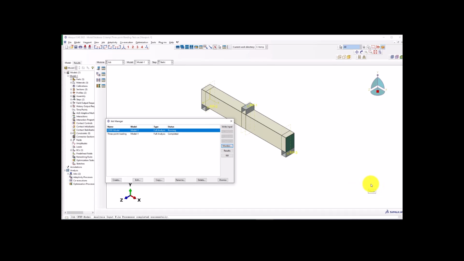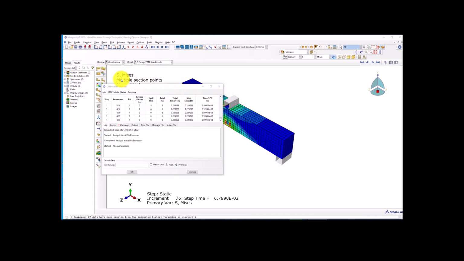So I will pause the video for a while. Now the analysis is partially completed. It took about 0.2 seconds, but the time increment is quite small, so if I let the program finish solving this, it would take quite a long time, maybe 10 or 12 hours. So I want to stop at this point and kill it, because after this point the concrete is actually damaged,